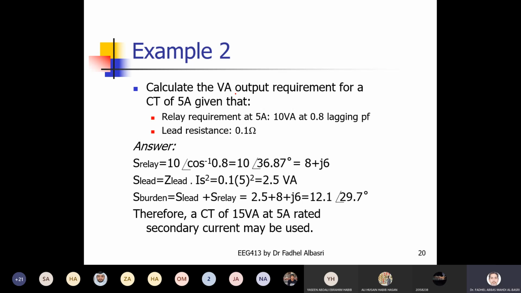I would like to buy a CT that is suitable for my application. So calculate the volt ampere output requirement for a CT with a 5 ampere secondary, given that the relay requirement at 5 ampere means the burden of the relay is 10 volt ampere at 0.8 lagging power factor. So I have a CT, this is the primary, this is the secondary,